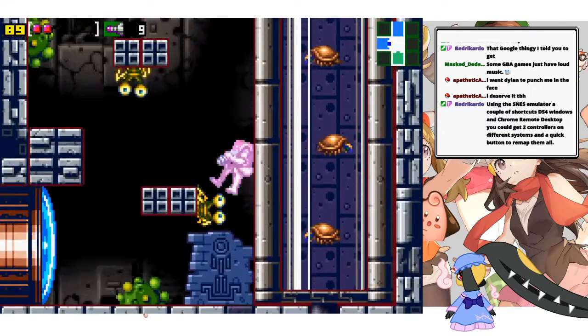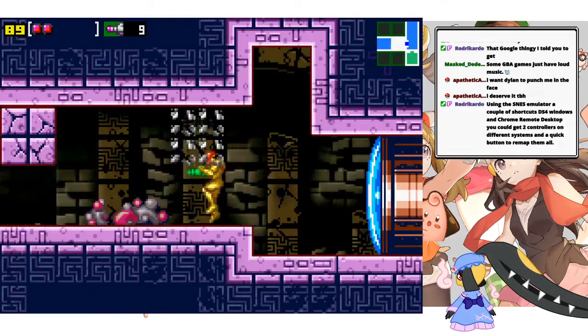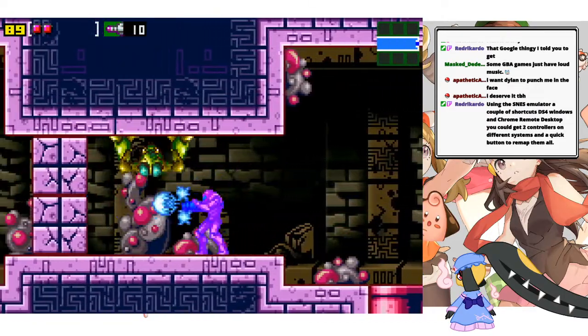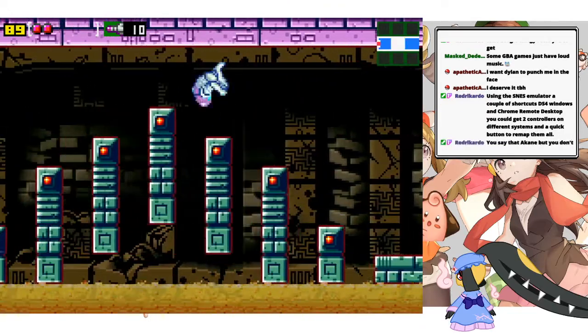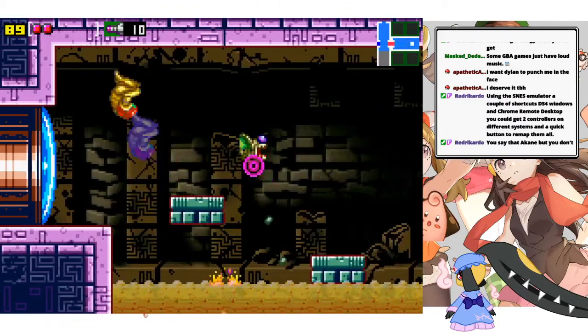Using the SNES emulator, a couple of shortcuts for DS for Windows and different systems. Okay. Well, like I said, I wouldn't mind, but I think he's too popular and too busy to do such things, so I don't think it's going to happen. I would be open for it, but...